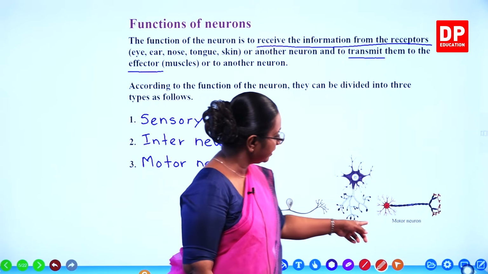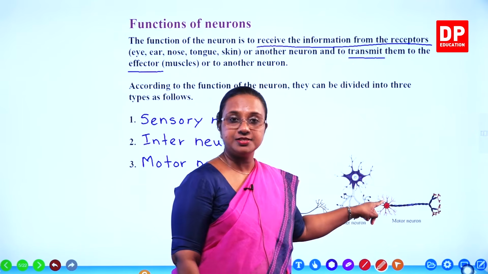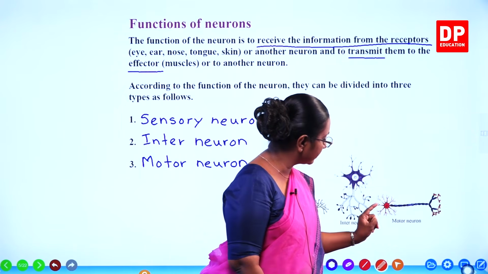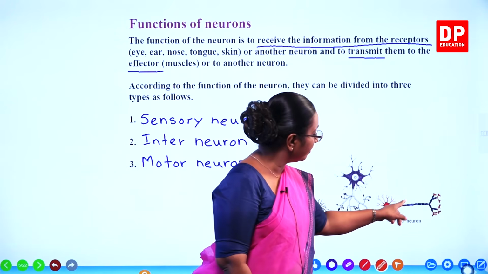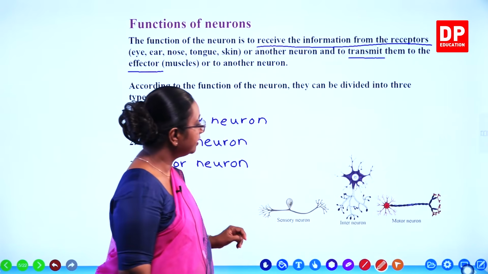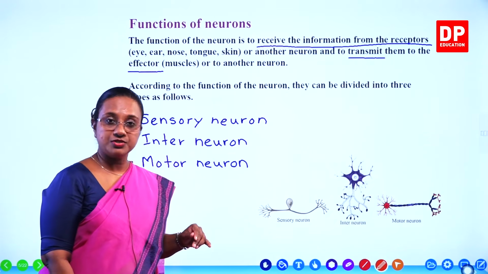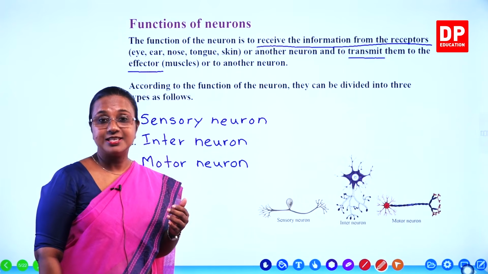Here you can see the motor neuron has short dendrons but a very long axon, and also the myelin sheath and the Ranvier's nodes. So these are the three types of neurons, and from their names you can understand their